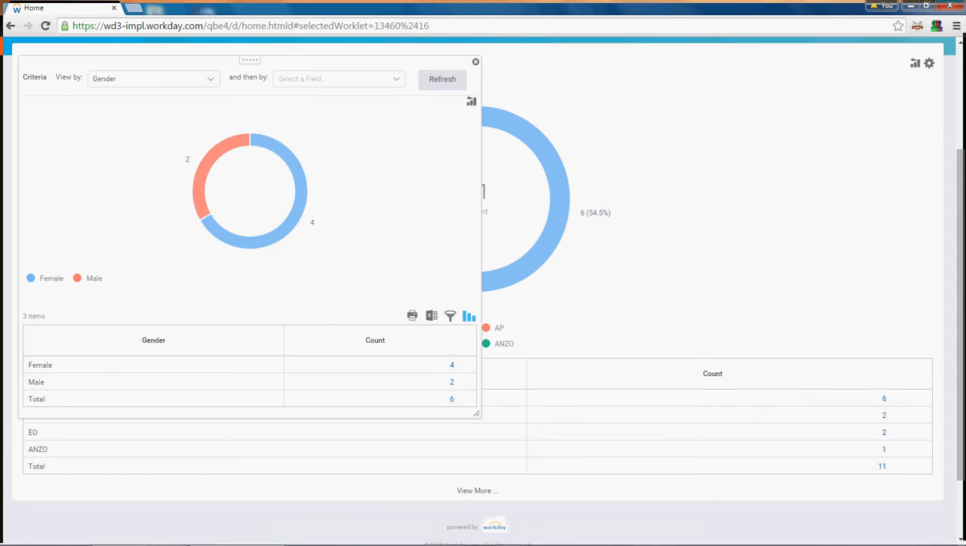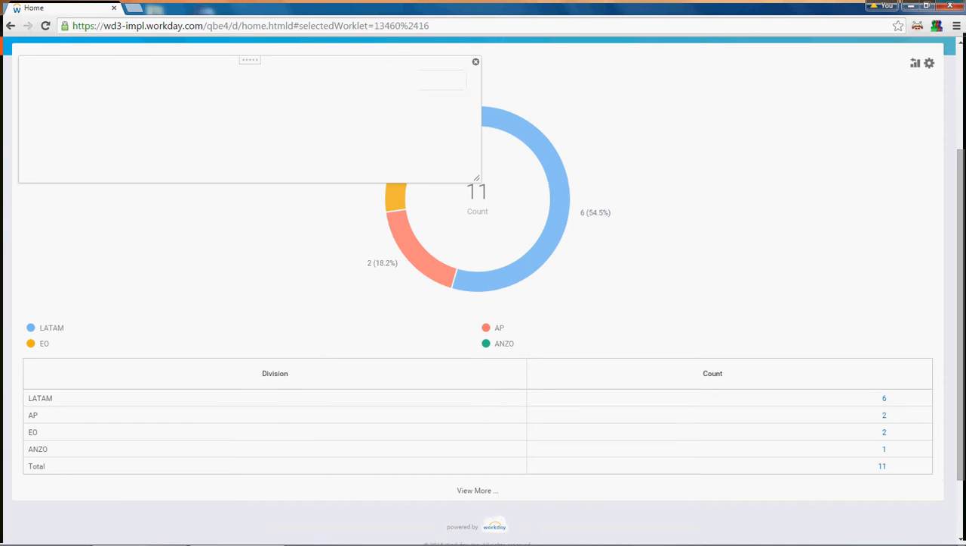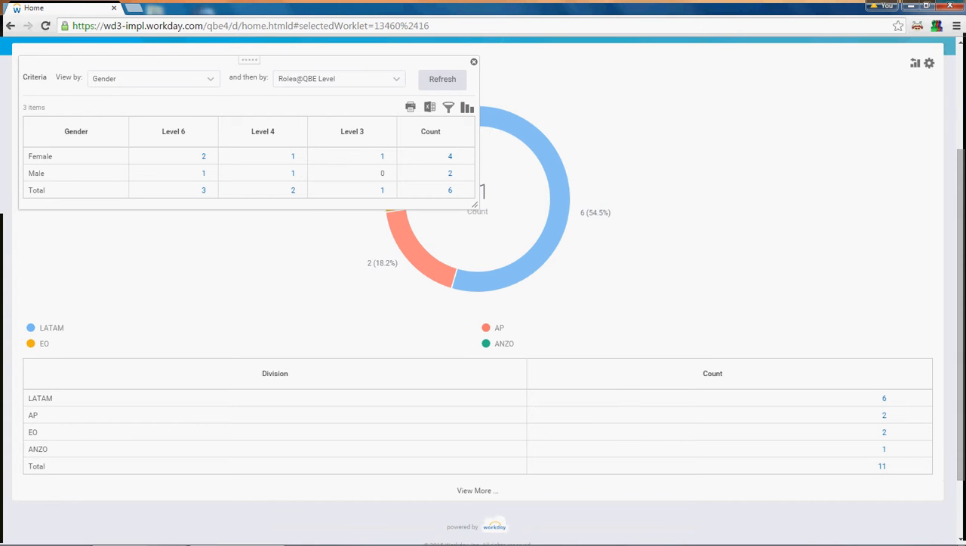So of the 6 who have a division equal to LATAM, I can see that 4 are female and 2 are male. I may also want to add an additional component to this. For example, let's look at the roles at QBE level. By clicking refresh, again, it recuts the data and it provides me a different view and a different breakdown of